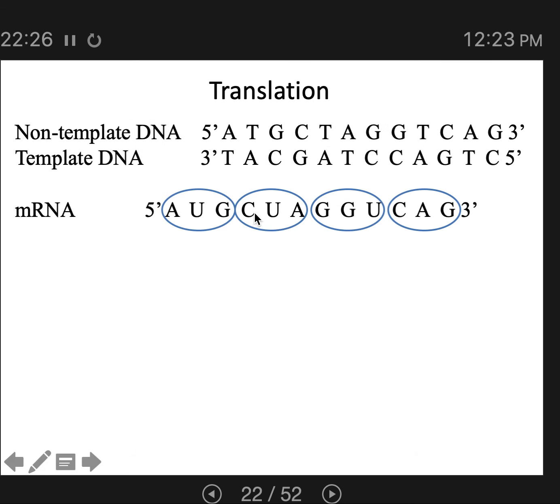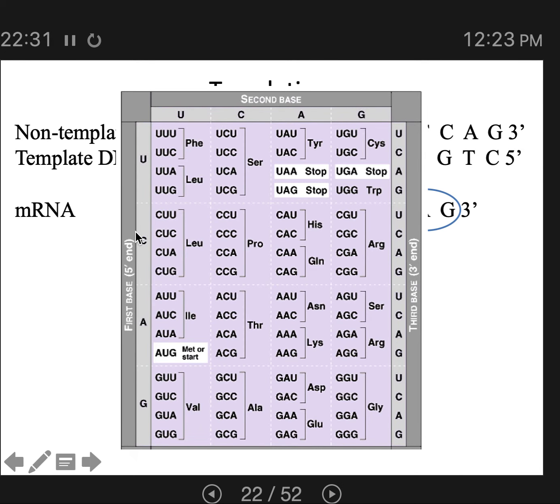Let's do a second one. Second codon, CUA. So you find C for the first one, there's C. Here's U for the second one, so here's all the CUs. CUA is for leucine. You can see that CU anything, CUC is leucine, CUU, so CUA is leucine. So we have methionine, then leucine,